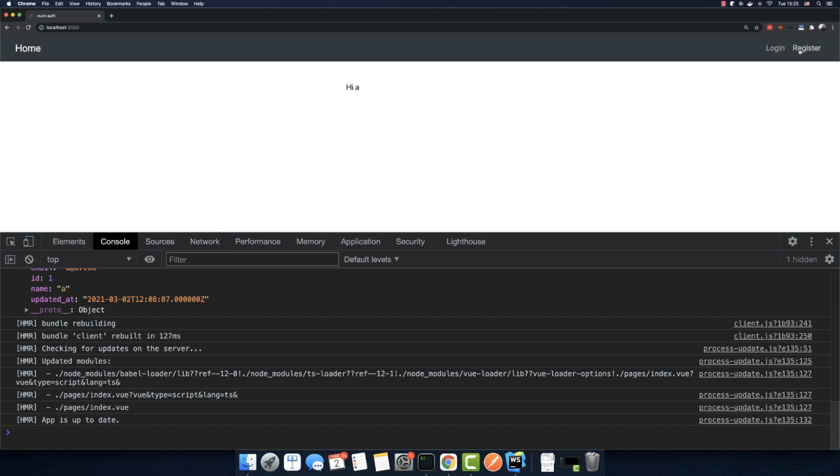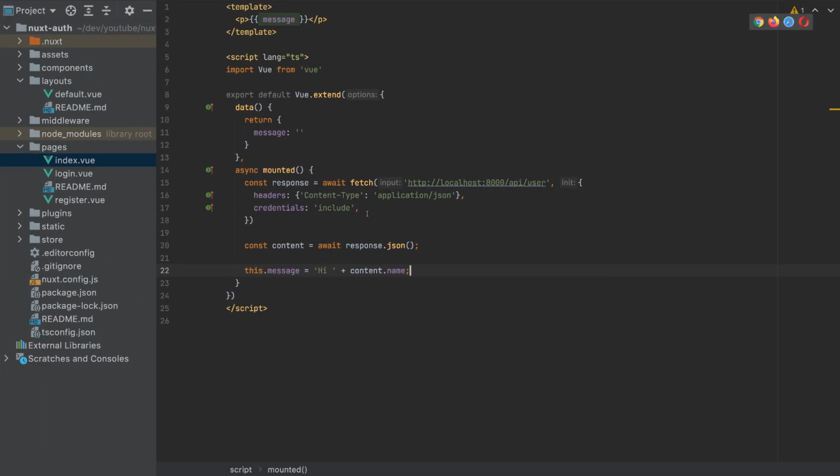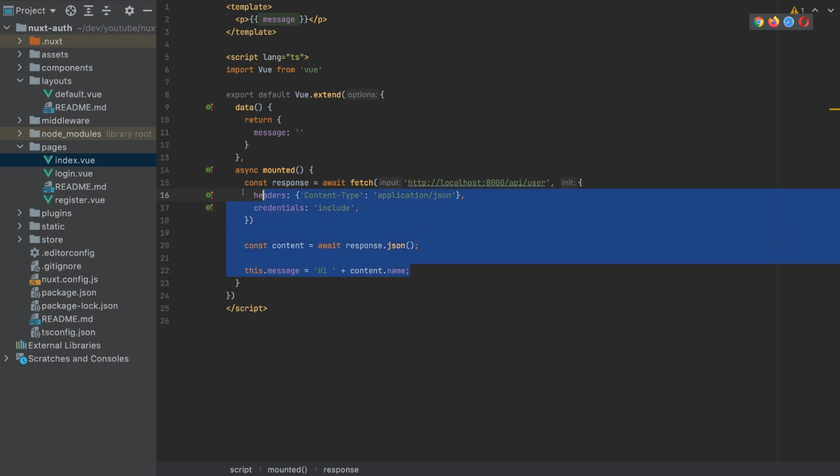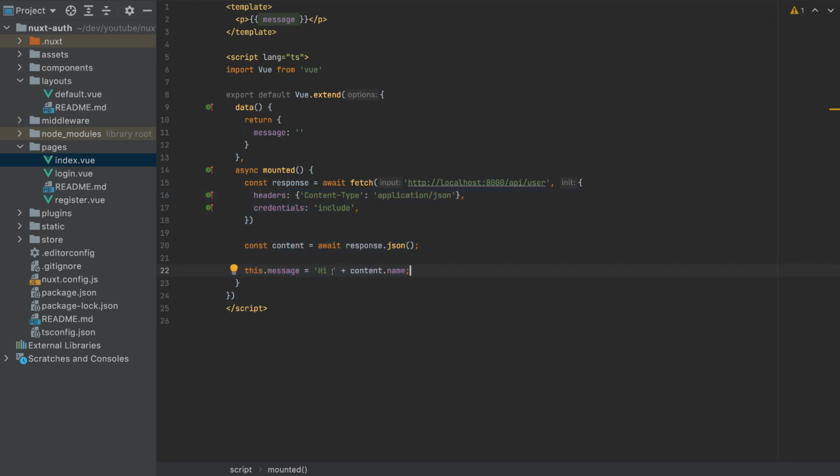Now let's change this login and register because we want to show a logout button here. To show a logout button, we have to either send the request again to the layout, but we will have two requests at two different pages, which is not a very optimal solution. We should find a way to send an event from this index page to the default layout that the user is authenticated. So in Nuxt.js we have